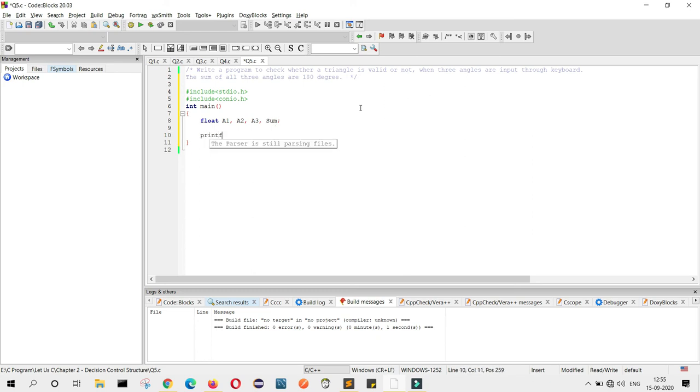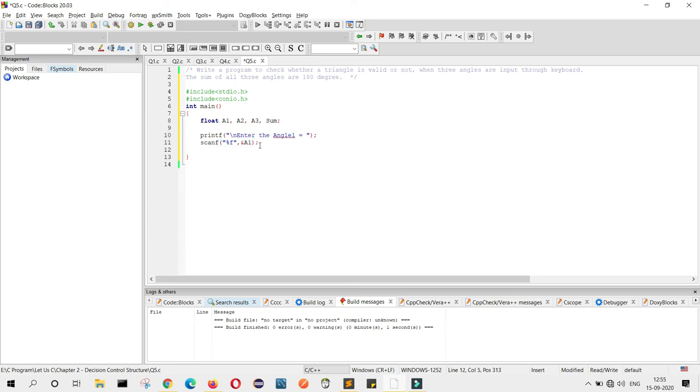Printf enter the angle 1. Scanf %f, because I have taken float, and %a1.